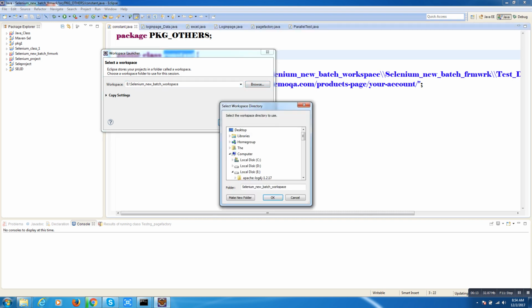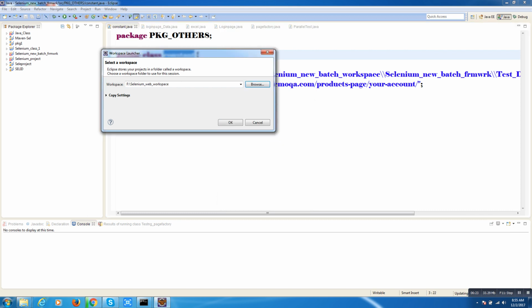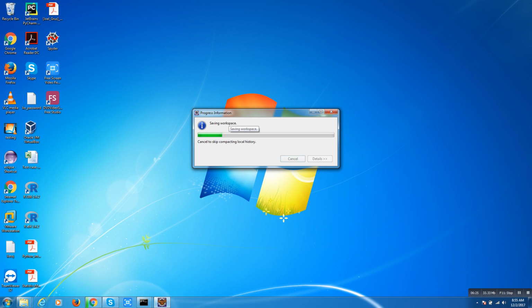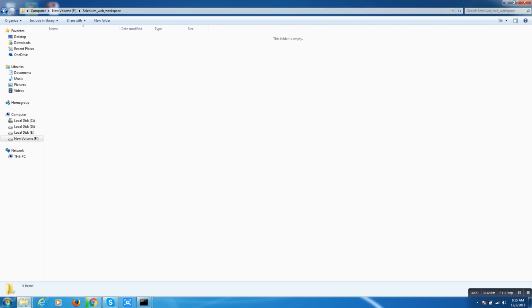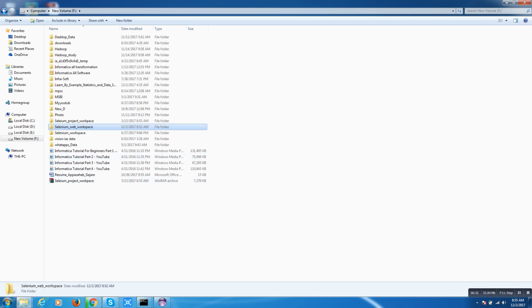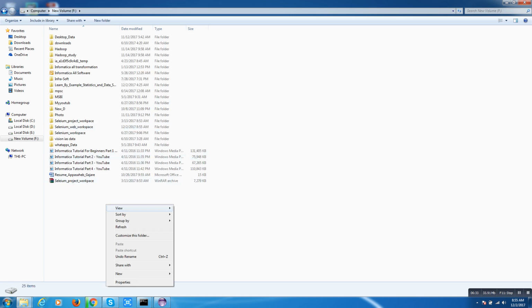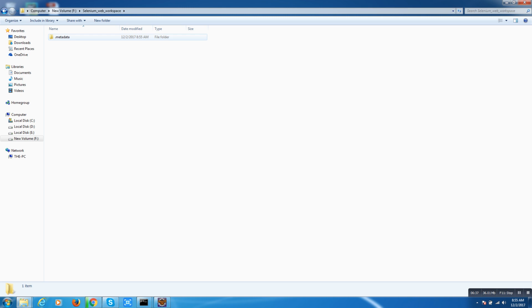Before that, you're going to see whether a folder is created or not. It's automatically created, and that is a metadata file. This is the file created by Eclipse. Now we're going to configure the actual Selenium with Eclipse. Whenever you create any project, any type of folder or files,